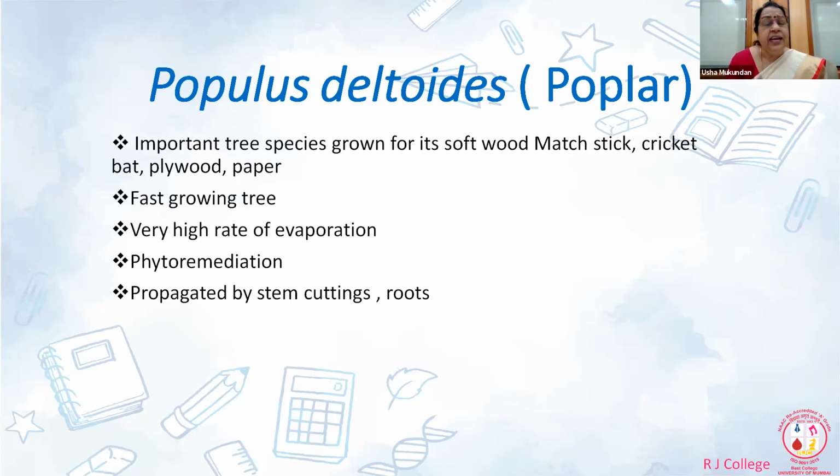Then another interesting part of this plant, and if you happen to go to Hiranandani, again observation, they have planted some Populus. And if you look on the ground, from the root suckers, small plantlets will be coming out. What does it show? It shows that this tree can be propagated through roots. You can extrapolate that knowledge that if you have roots, hairy roots can be regenerated and mass propagated to give important forest trees.